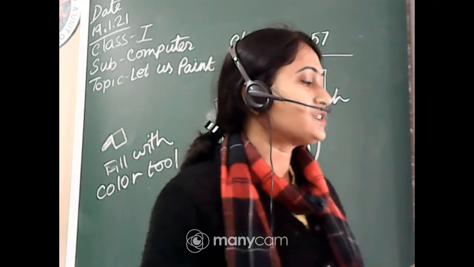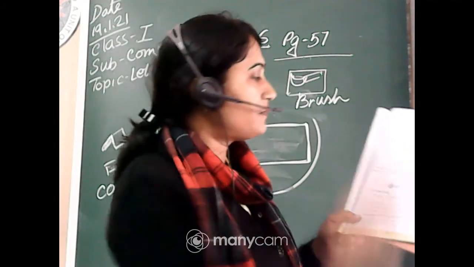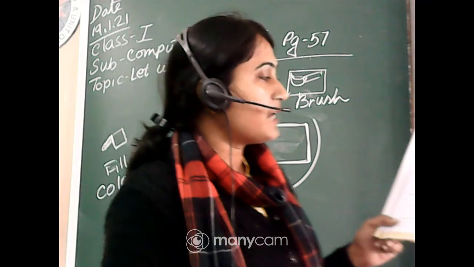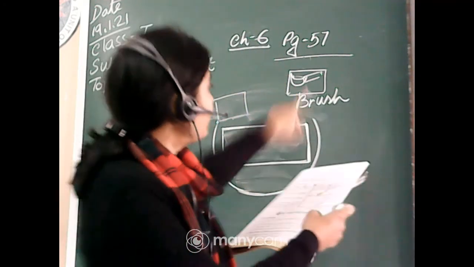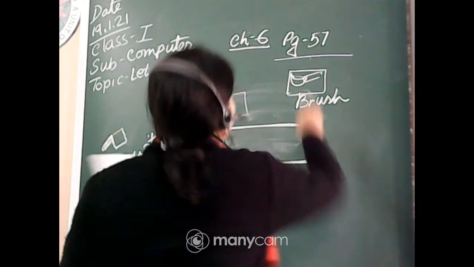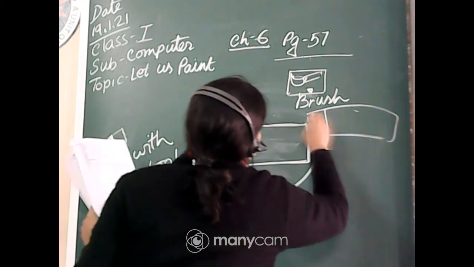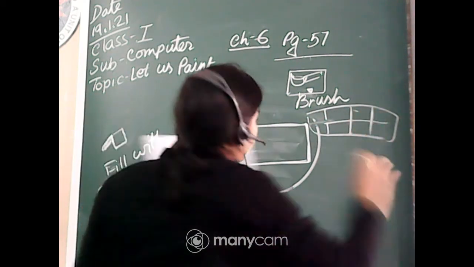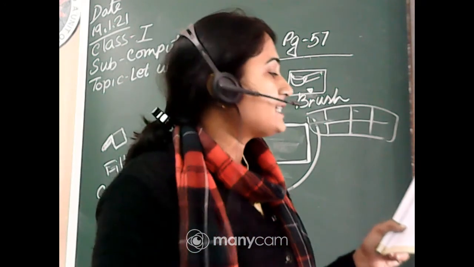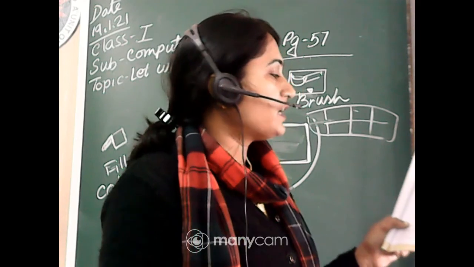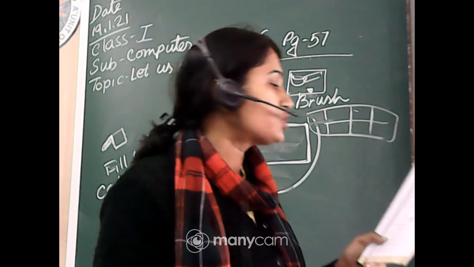Okay, click the brush tool from the tools group. You just click the brush tool, select any brush type from the options, and then you can see when you click over here, there are many options. You can choose any brush option from there and select any color from the colors group, and then you can choose the brush color from the colors group.